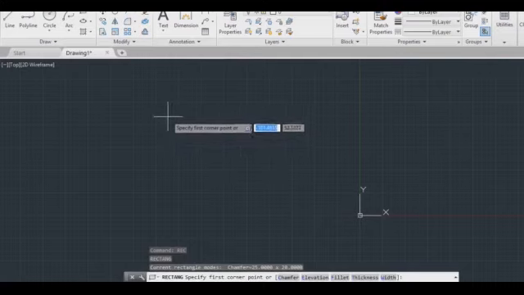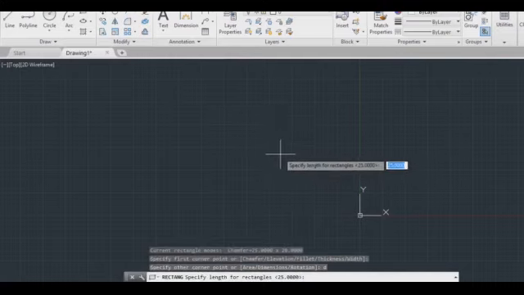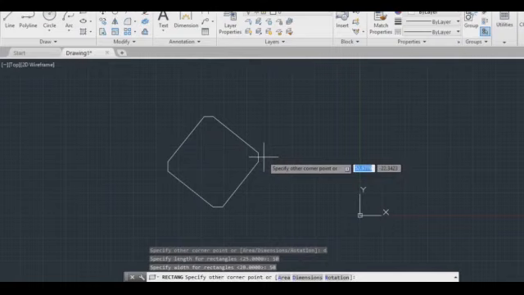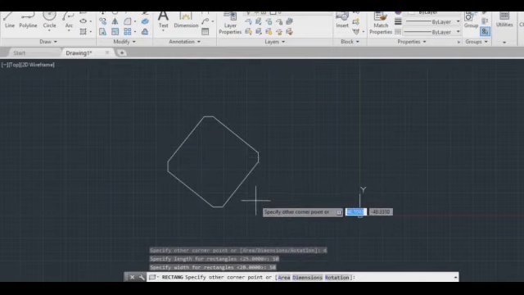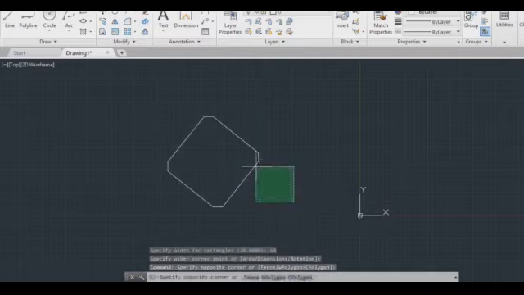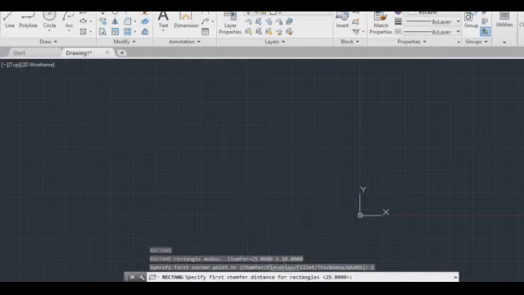We can go for one more option in rectangle. You can give dimensions as well. For dimensions, you can give the length and width, 50 and 50. Why is this chamfer coming? The chamfer is predefined, so you should give it as 0.